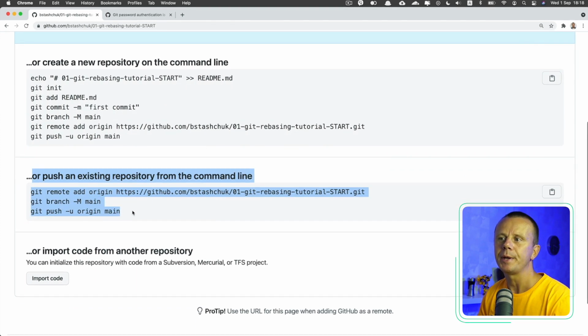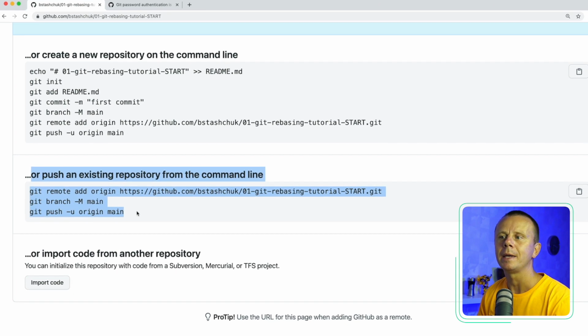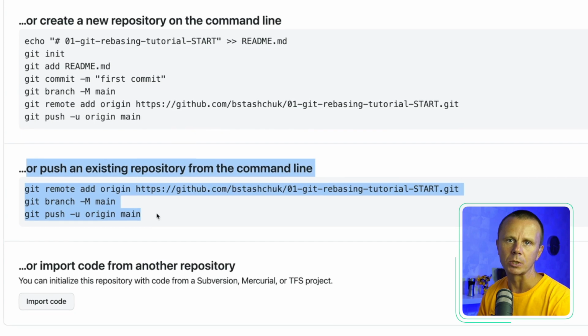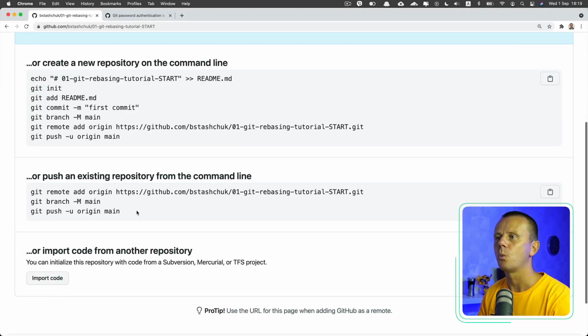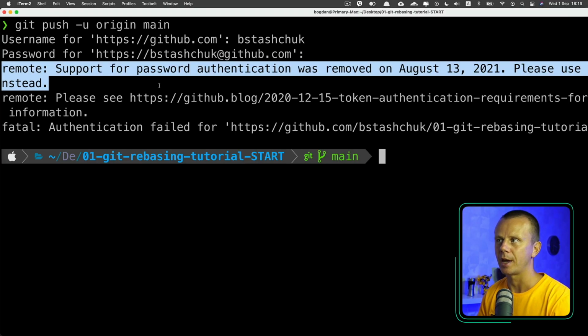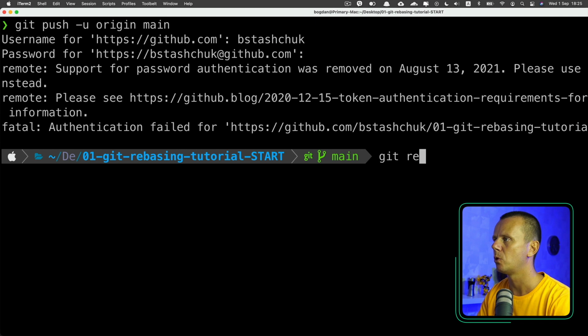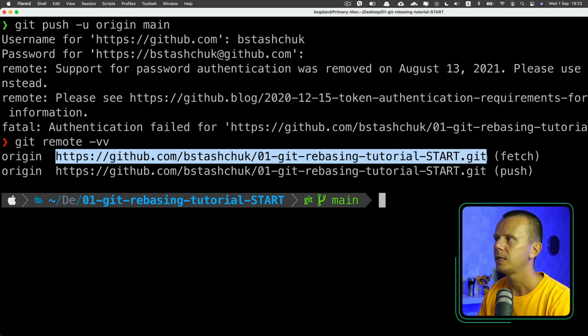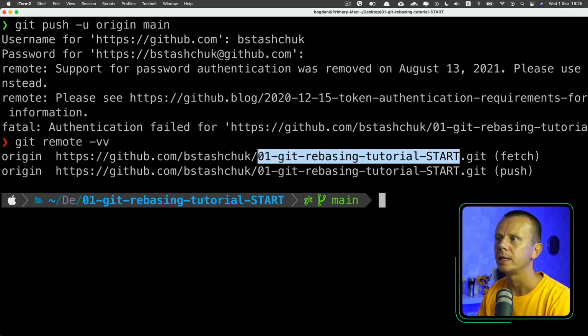Basically I created a folder on my local computer, I initialized Git inside of it, and now I am trying to connect the local repository and the remote repository. In other words, I am trying to push from local to remote. And that's where I see such an error. I already set git remote origin for this local Git repository, and if I enter git remote -v, I can verify that. And here is the URL for the remote GitHub repository, here is the name of the remote repository, and here is my